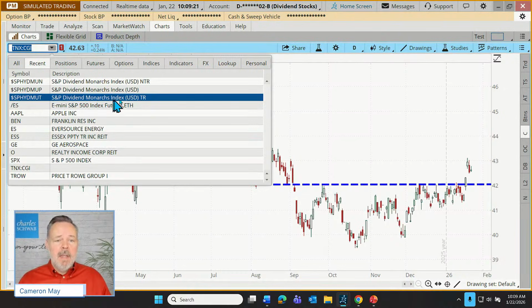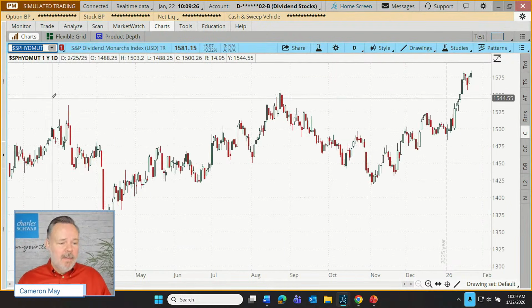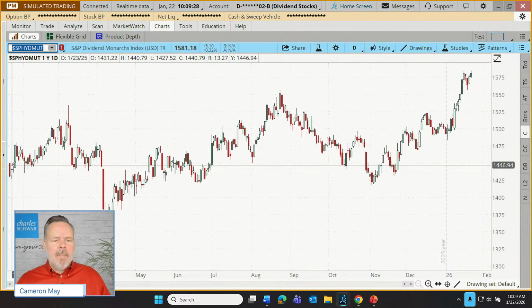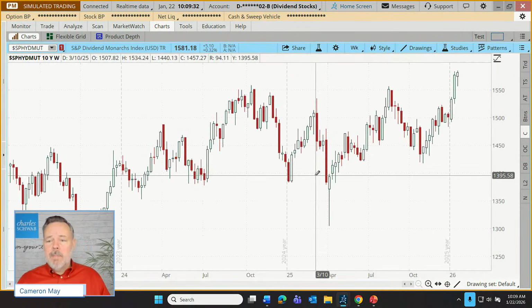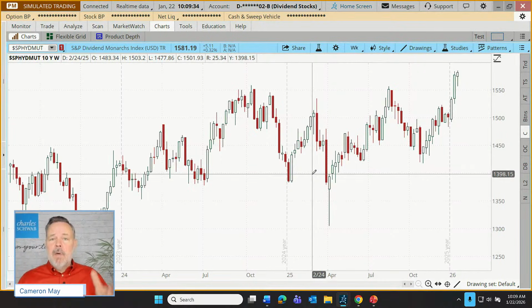S&P dividend monarchs index, US dollars total return. So I'm going to select that, and this is what has been happening over the longer term. Let's go to a long term, get that longer perspective with the dividend monarchs, with dividends from those companies reinvested. So for our hypothetical dividend investor, this might give them some insight into how, let's say, not necessarily an average